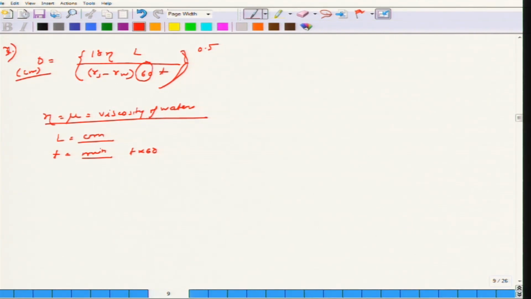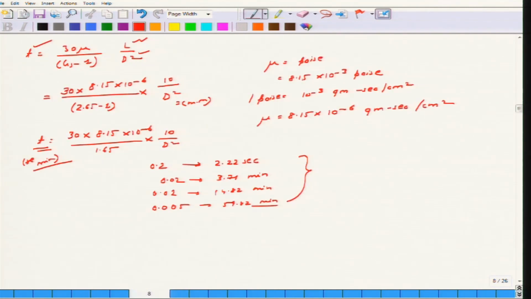Now how do you actually come to that 30 mu by (Gs minus 1) into L by T? Here we will see how we find out this number. Eta is the viscosity of water, which has a unit of Newton second per meter square. In terms of Newton second per meter square you can write it as 0.89 into 10 to the power minus 3 Newton second per meter square, which is more or less given as 1 into 10 to the power minus 3 Newton second per meter square,